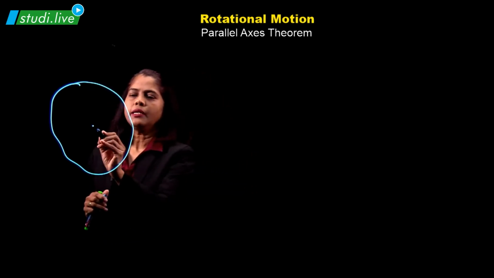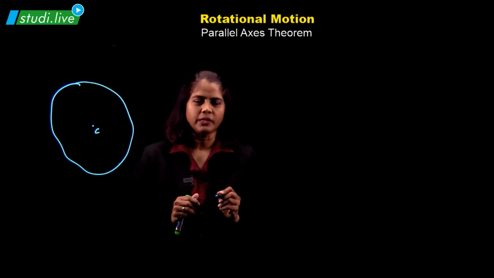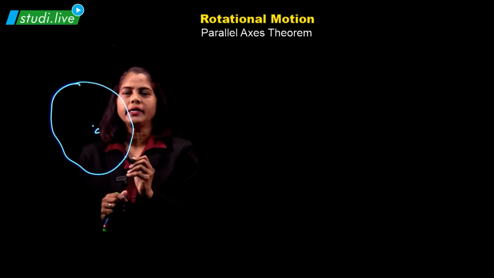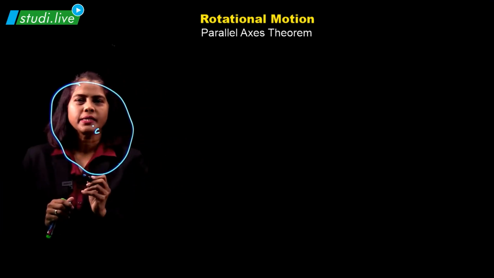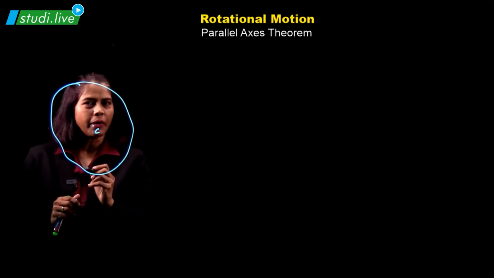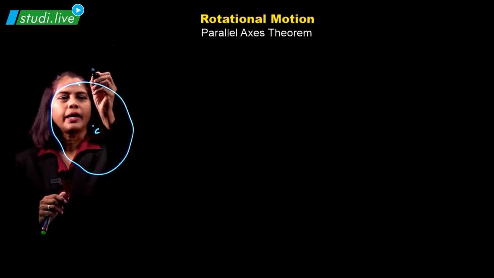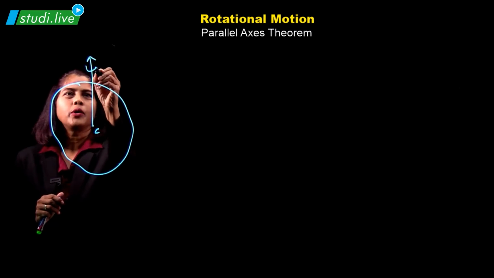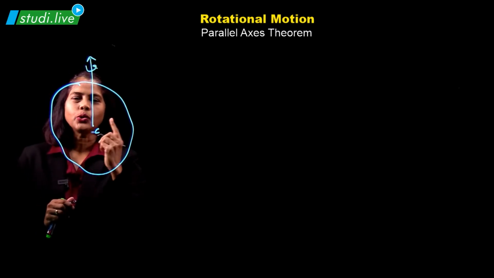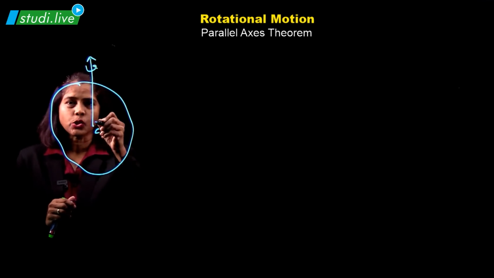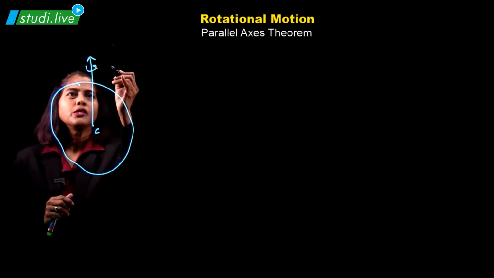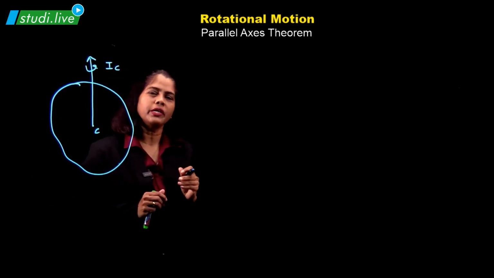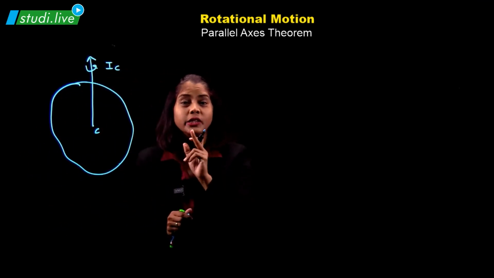So it is rotating about different axes. First let me say that this is the C point. C point is nothing but what? Center of mass. So the body is rotating about an axis passing through the center of mass. So let me just draw this part as, this is the axis, okay, about this it is rotating. When the body is rotating, of course it is not going to be like this, it has to be in this manner, right, students? So we are going to write this as IC. What do we mean by IC here? That is the moment of inertia about an axis passing through the center of mass.